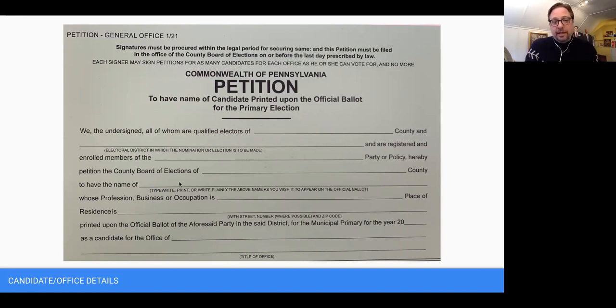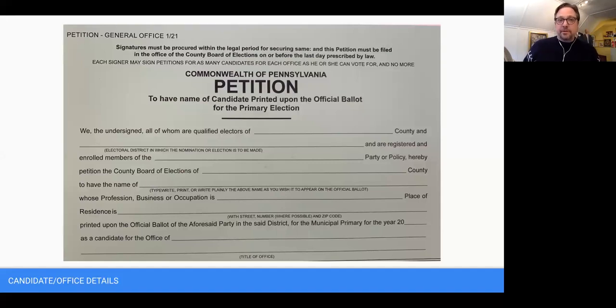And so if you, like me, have a pseudonym that you go by, you're going to want to use that on the ballot here and print that on the top of the page. Now, it also asks what your occupation is. This is the same as if you've ever made a political donation online.